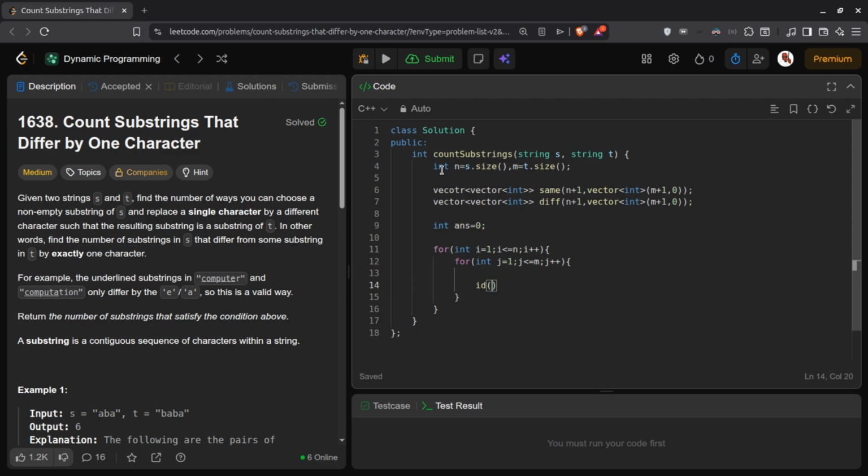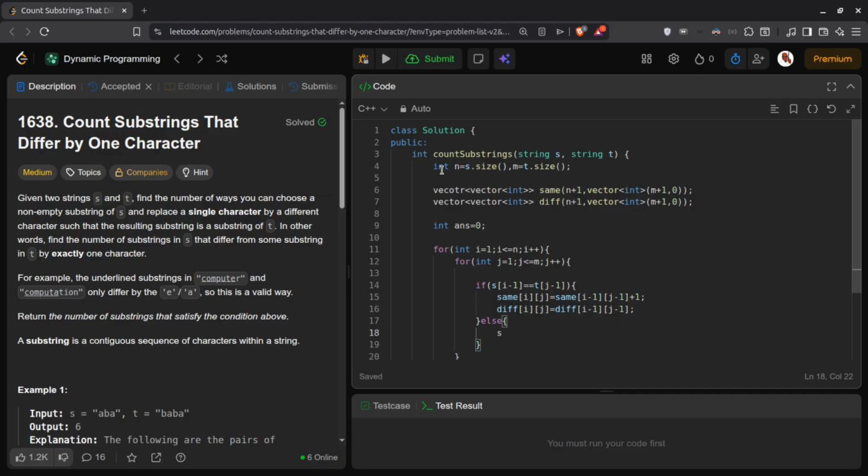Then if s of i minus 1 is equal to t of j minus 1, then same i j is same i minus 1 j minus 1, and diff i j is equal to diff i minus 1 j minus 1, else